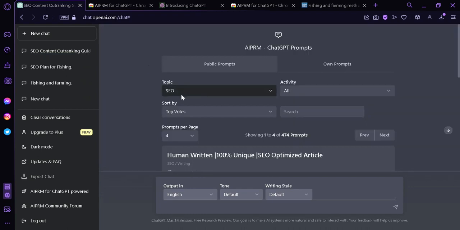You could do topics for copywriting, DevOps, generative AI, marketing, operating system, productivity, SaaS, SEO, software application, software engineering, unsure. You could just look for the prompt that you need and take advantage of it. Make use of this extension, and then don't limit yourself to creating SEO. You could literally make ChatGPT create editing prompts for you. It will be able to create outputs that are much better than using